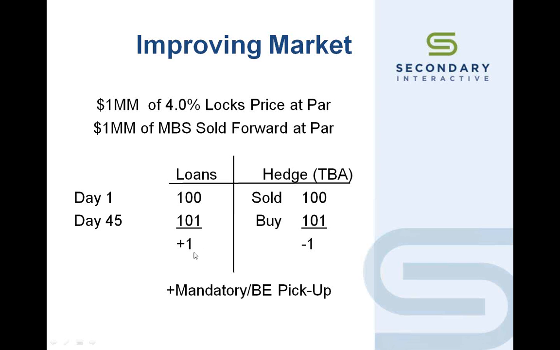Just to give you a quick hedging 101, and really this is the only slide I have on this. Just for those who may be unfamiliar, this is a very simplified example from a hedging perspective. Essentially, loans come into the pipeline on day one, let's just say at par. We're going to sell forward the TBA or the hedge, the mortgage-backed forward on the mortgage-backed security, at a similar price. Then as the loan sells, the price moves. Let's say this is an example of an improving market. The market's improved by a point, so you sell that loan and you make a point plus whatever that best efforts mandatory spread is, right?